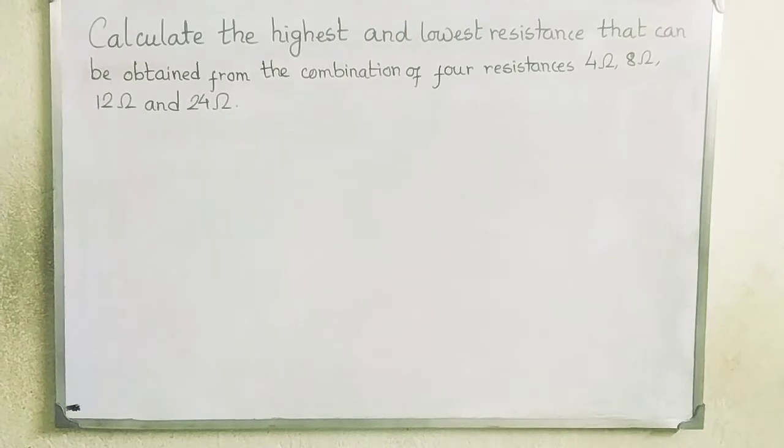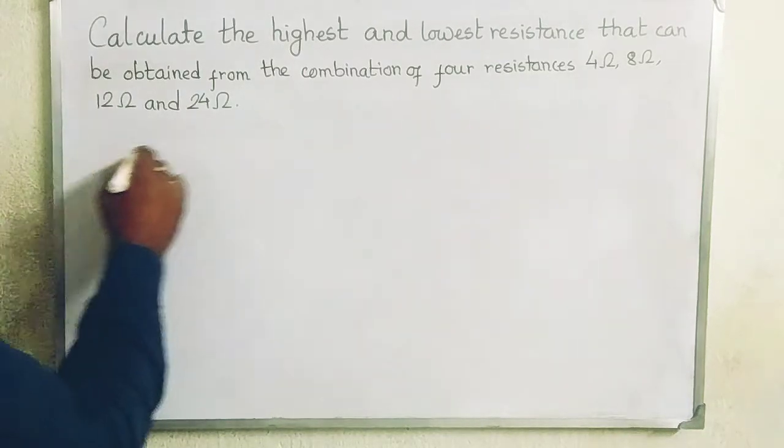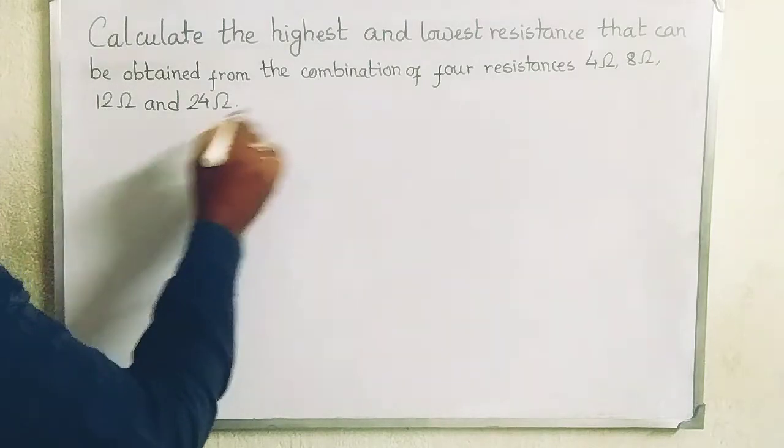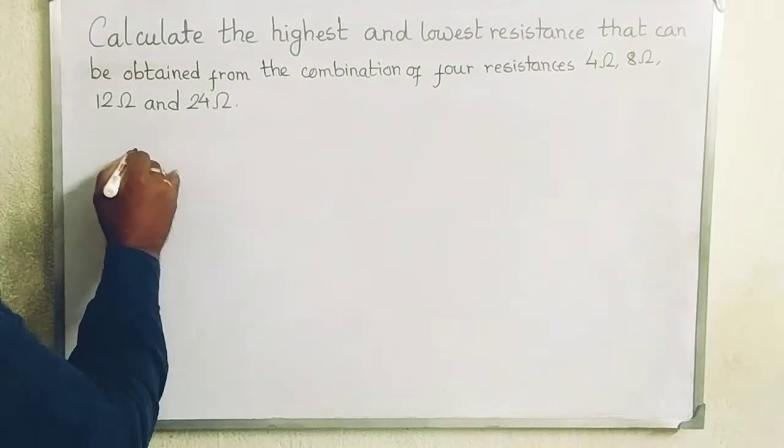The question is, calculate the highest and the lowest resistance that can be obtained from the combination of 4 resistances: 4 ohm, 8 ohm, 12 ohm and 24 ohm. So we know that if I want to combine these 4 resistances in series combination, then it will be looking